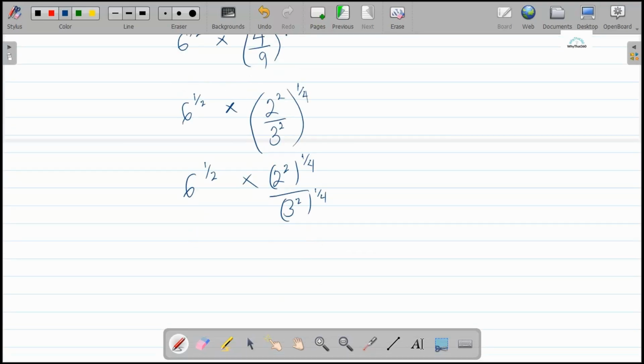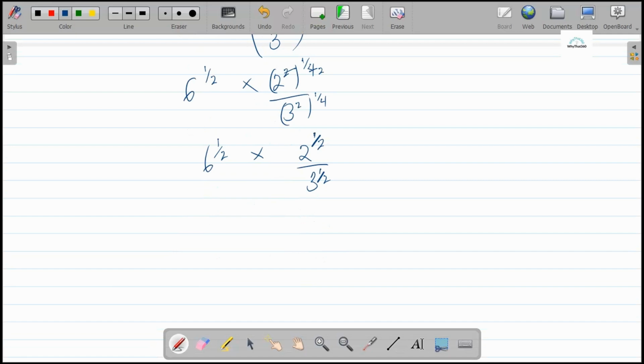So if we agree to this, it's the same thing. Then we are going to get 6 to the power 1 half times 2. Here you can see that this 2 will divide the 4. So we are going to get 2 to the power of 1 half divided by, and we do the same thing here. This 2 divides the 4. We are going to get 3 to the power 1 half. So finally, we are going to get an answer as